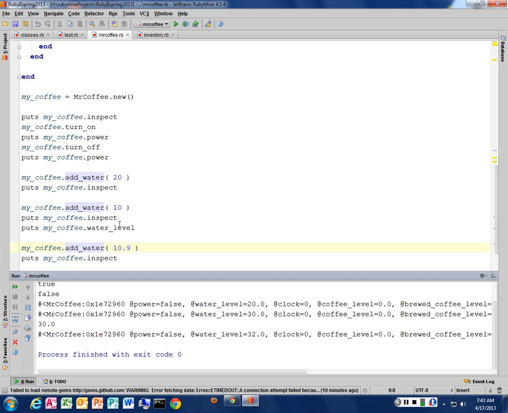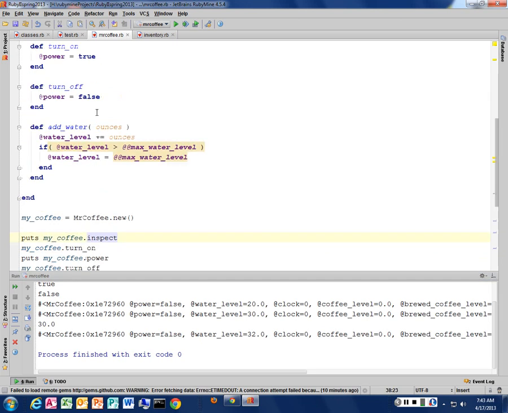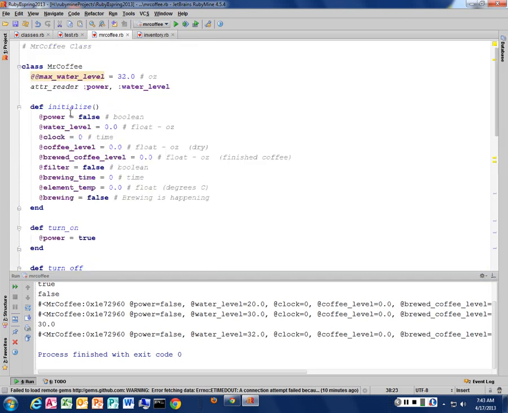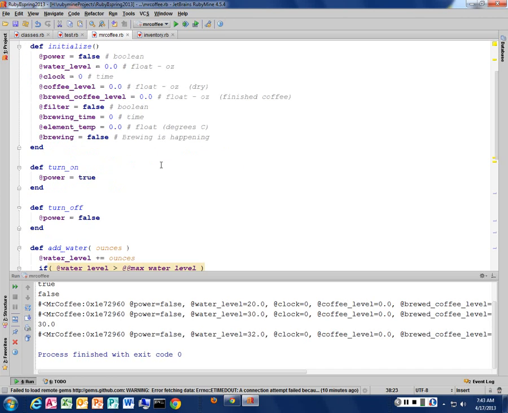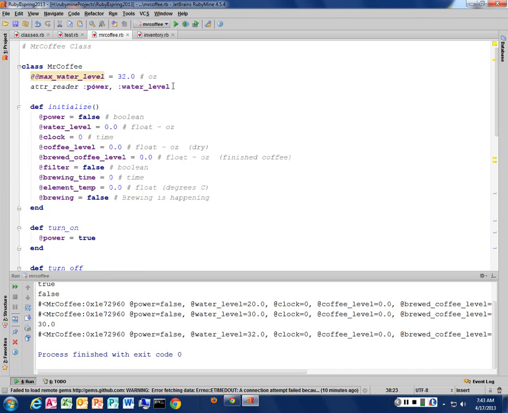If your outside program then might not allow more water in, things like that. But this is safeguarding the user from messing up my Mr. Coffee machine here. All right. Any questions on that? Adding a getter. Now, I don't do that. I don't just automatically allow everything to be